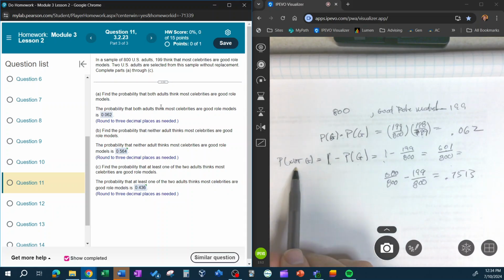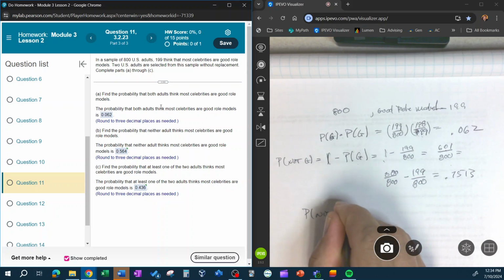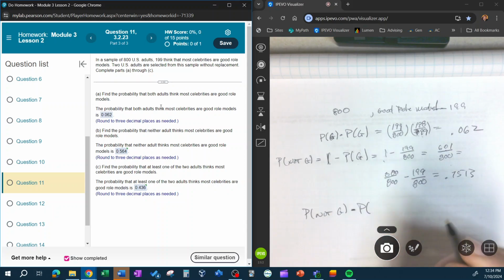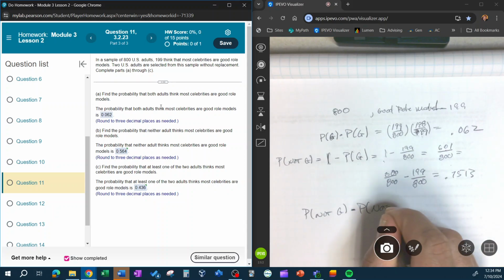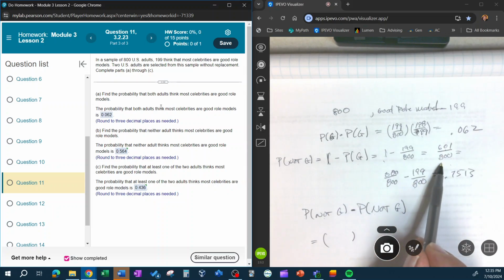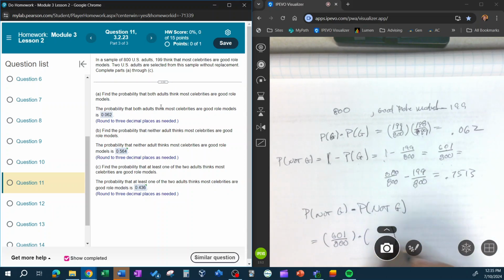So the probability of not a good role model, and then now I have to do that twice and multiply it because the first one didn't think they were a good role model, and neither does the second one. So the first one again is going to be 601 out of 800. But then, when I choose the second one,